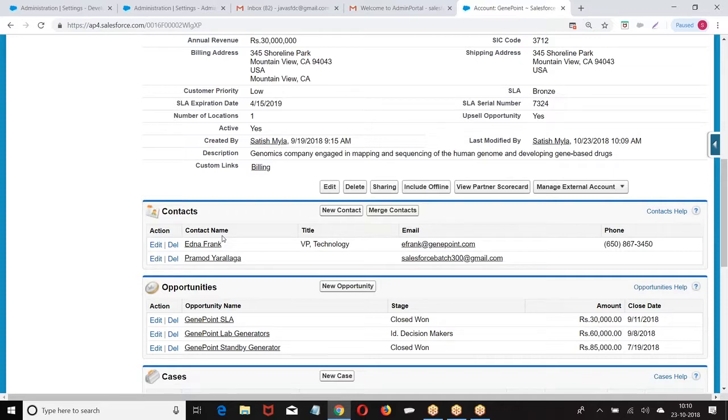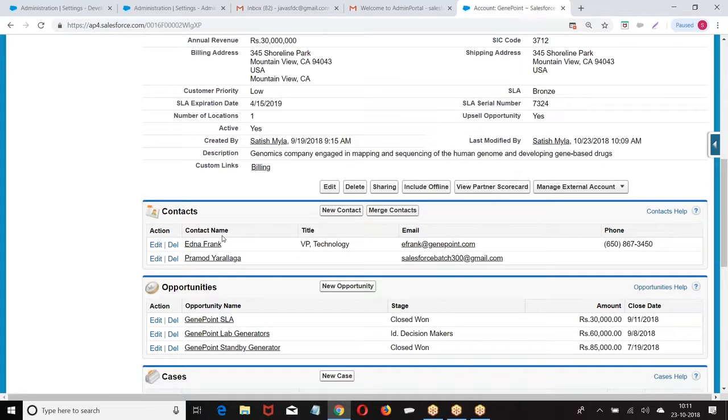Now every community user is what? A contact associated with any one of the accounts. That account may be a partner account or a customer account.